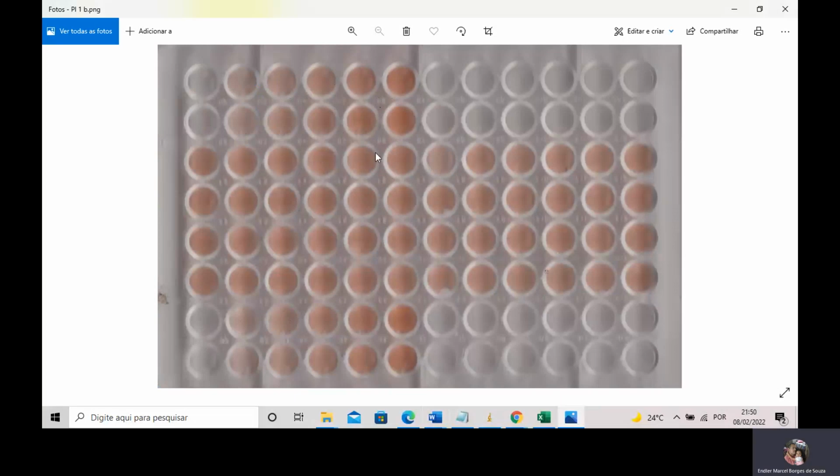The first iron supplement was placed in these wells, and the second one was placed in these wells. So you can extract red, green, and blue values of these wells to plot the external calibration curve and to quantify your samples. You might measure red, green, and blue values of each one of these wells,